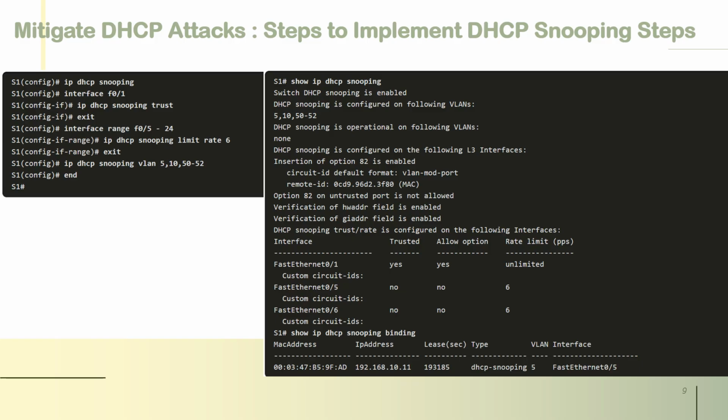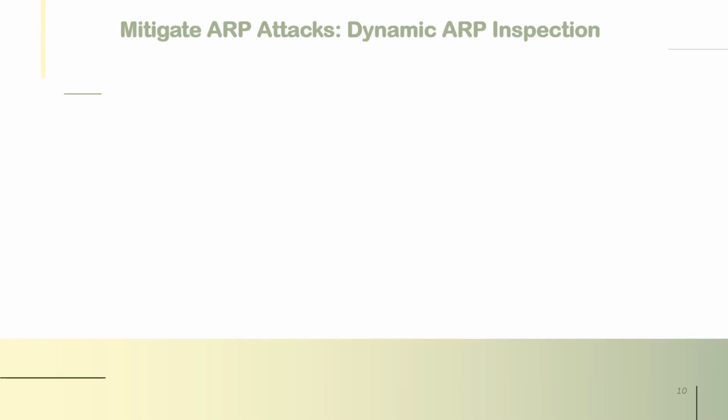This is the binding table, and it shows the MAC address of the device that is connected. And that device is PC1, which is connected through interface FastEthernet 0/5 according to our reference topology example. Now we are investigating the ARP attack, and this is the third part